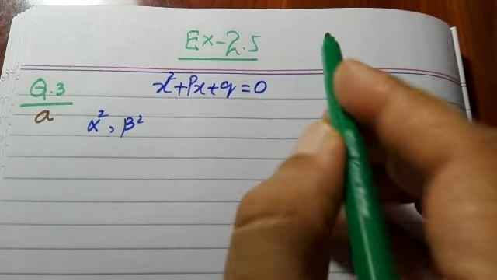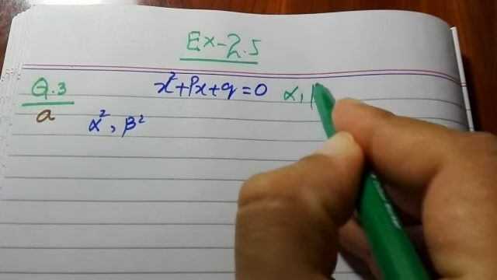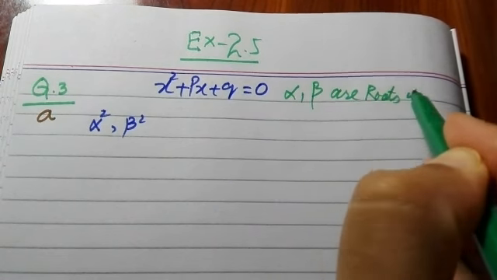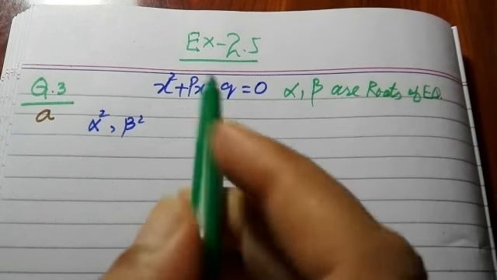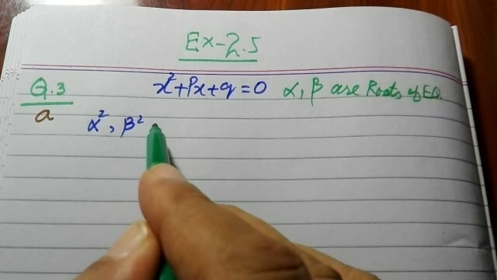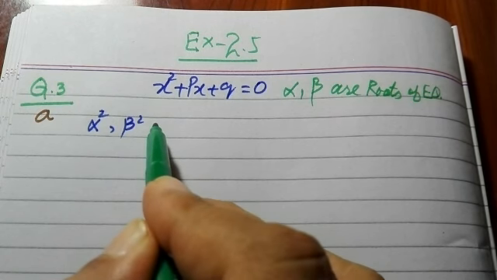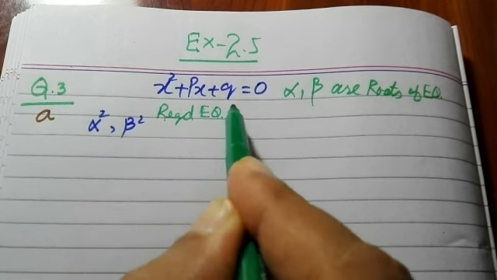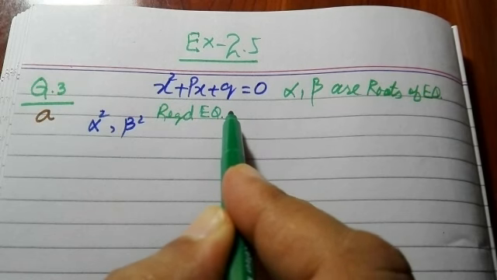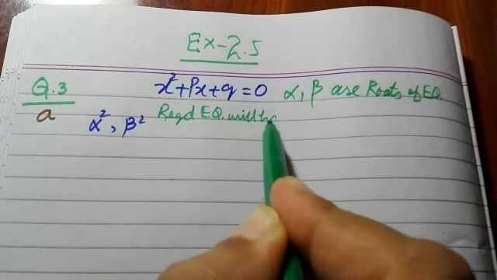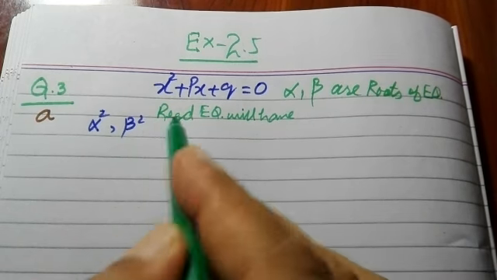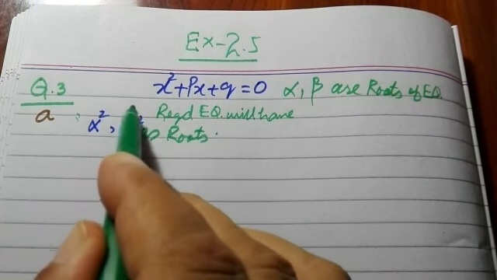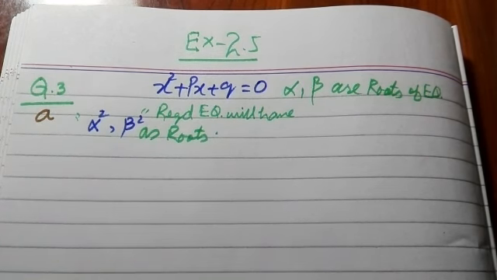It is written in the statement that alpha, beta are roots of this equation, and we have to form an equation. The required equation will have alpha square, beta square as roots. So our task is to find